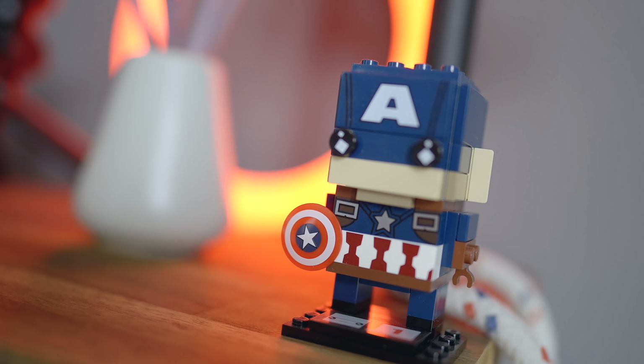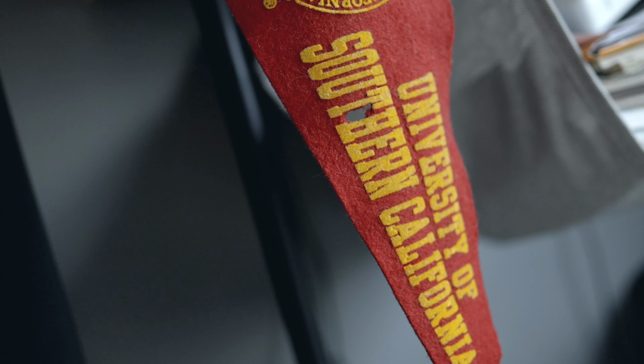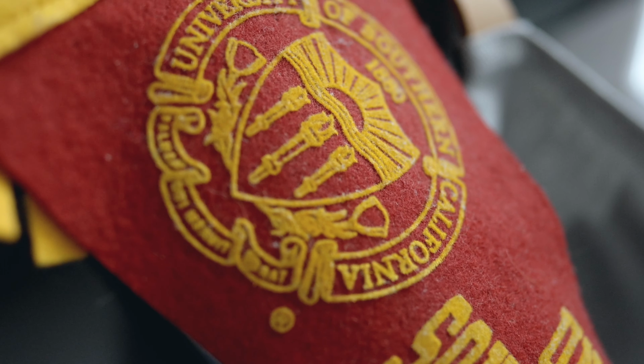On the next shelf, I have my camera buddies and other accessories that I think look good and use on a daily basis. Plus, a sailing rope, since I love sailing, and a little Lego Captain America, which was a gift from one of my best friends. On the other side, I have a flag from my alumni, USC, Fight On. The rest is just organizing stuff I need in the office, and on the floor I have the worst part